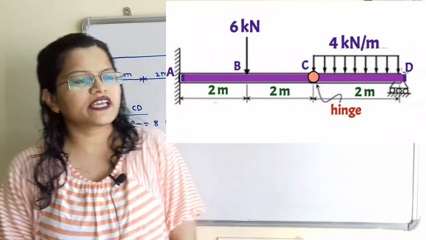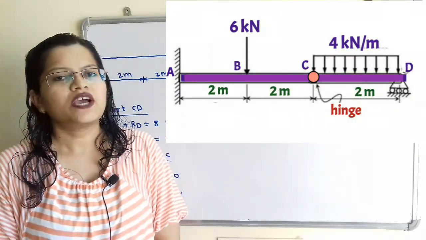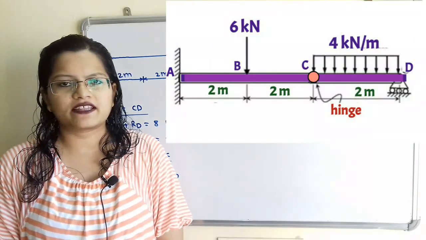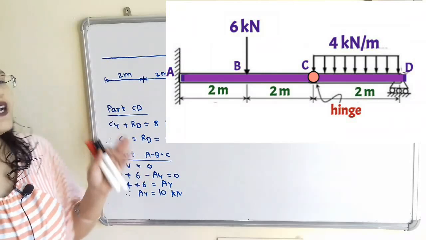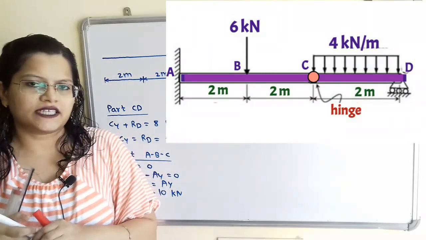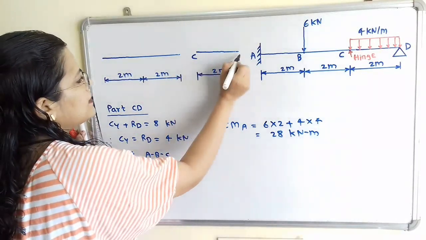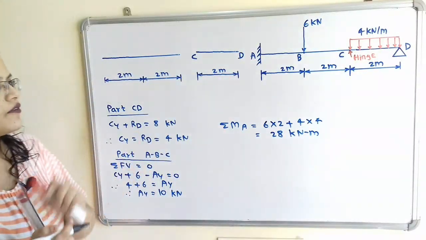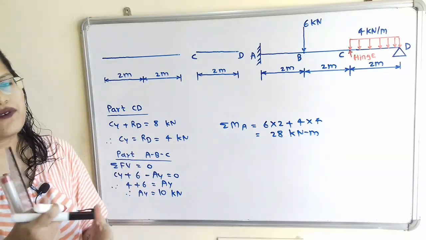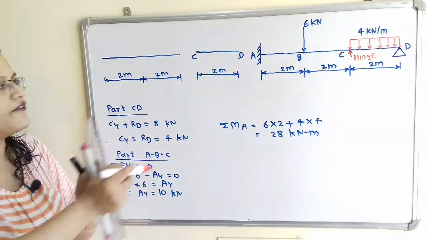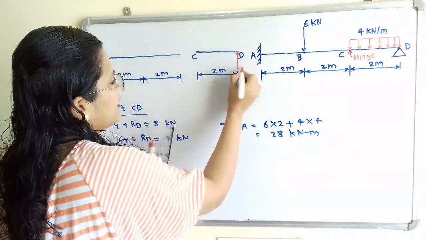If we observe the given diagram, then at point C, a hinge is provided. We will draw the free body diagram and make its parts. The first part will be part A, B, C and the second part will be part C, D. So we will first draw the free body diagram of the second part C, D. Now if we observe, at point D a fixed support is given. So we will show here the reaction at the fixed support, which is in the vertically upward direction, and it is